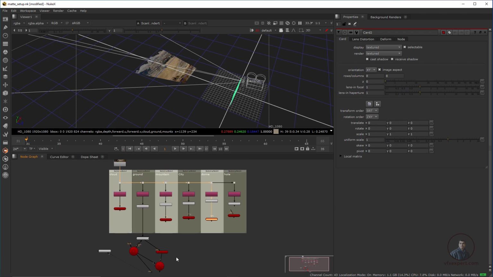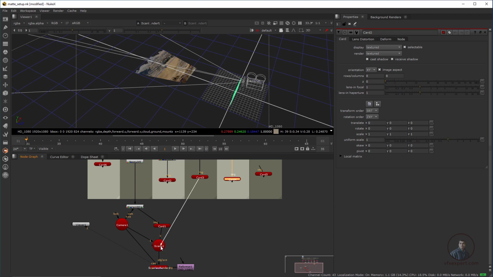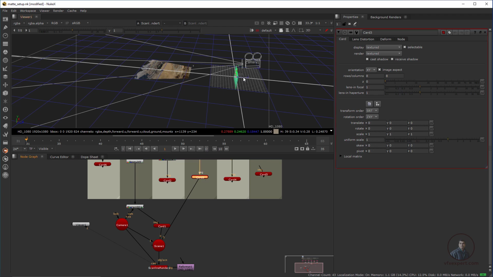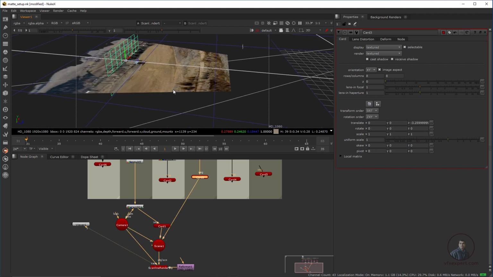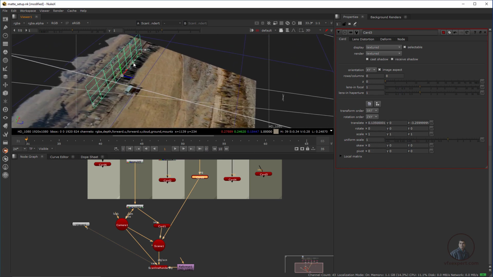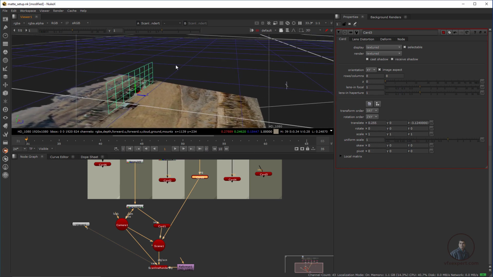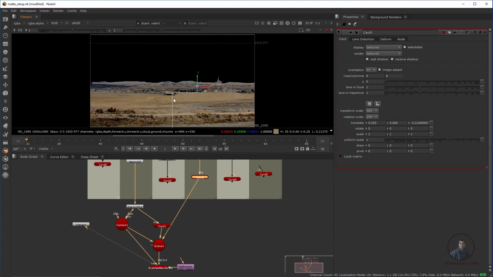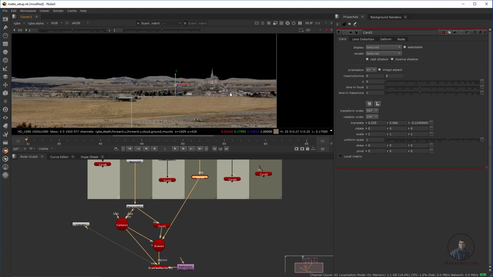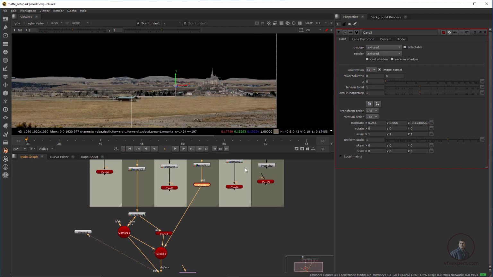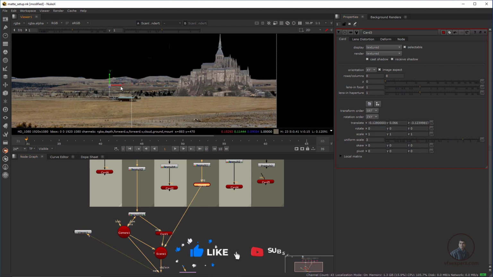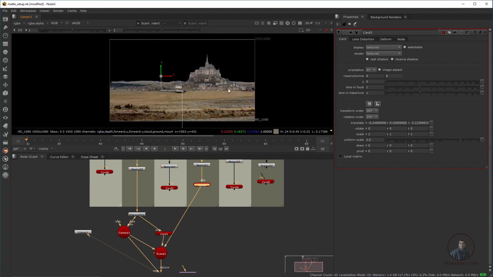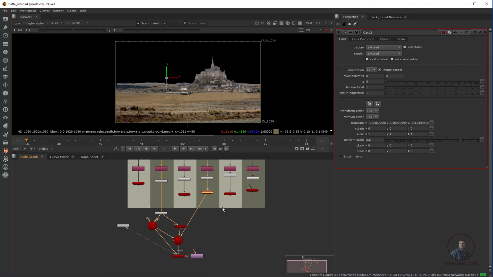So first I am going to take the city, then select it and insert it into our scene. So now you can see this is actually our city. Now double click on the card and adjust it into the perfect position according to your matte reference, which you have created in Photoshop, or if you want you can also check in Nuke. Like this you can see. Now press tab. According to your requirement you have to adjust the scale and all these things. I think this is looking good. The remaining ones we have to place like this.